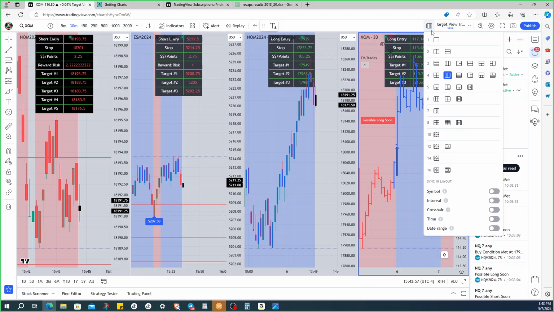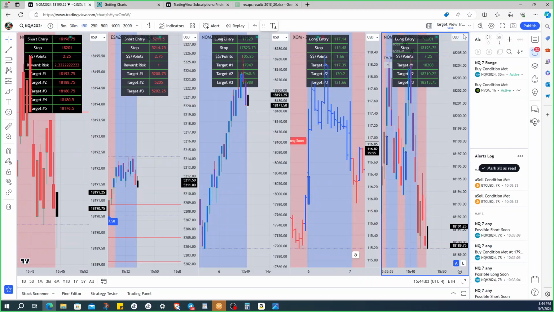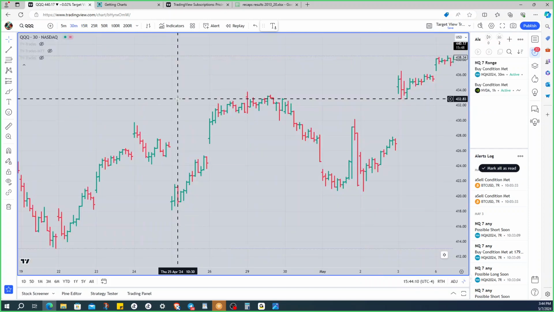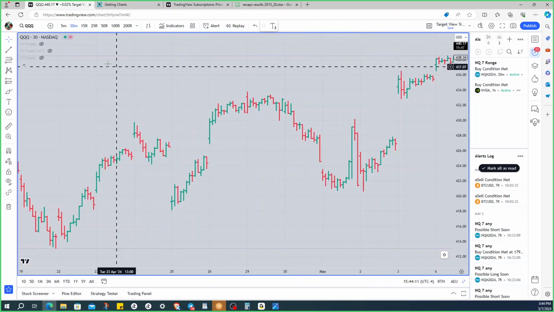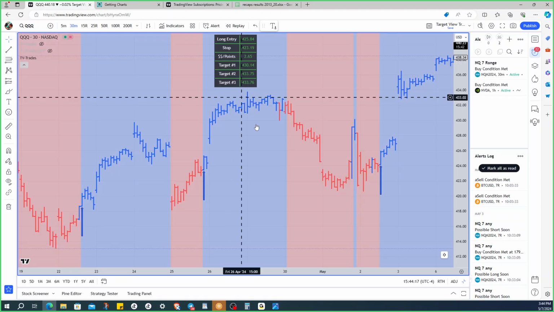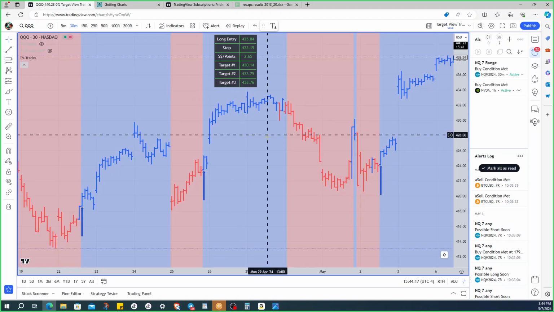The next one is the NQ again. I don't know why I have that there so many times. And the next one, I believe, is the QQQ. So if we look at the QQQ, here it is with nothing on it. But if we throw, is that the right TV trades? No, this one. If we throw this on it, when the QQQ on a 30-minute gives you a long trade,